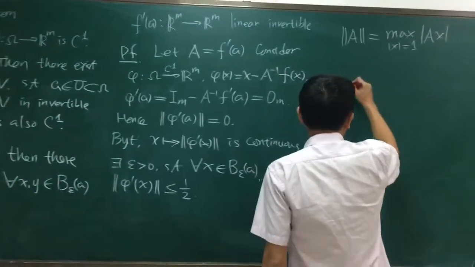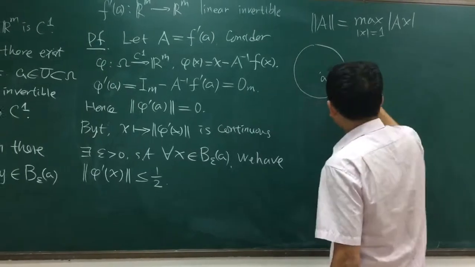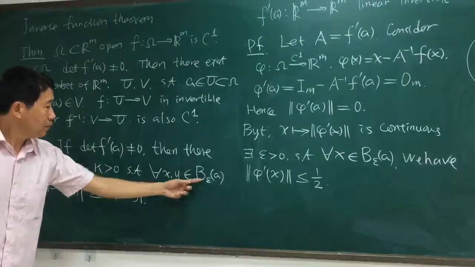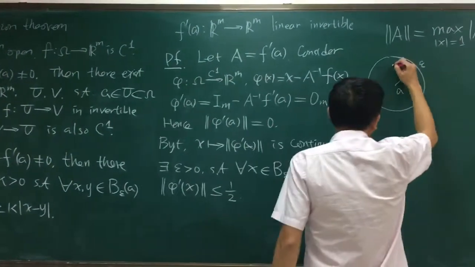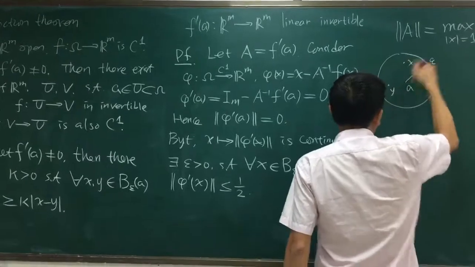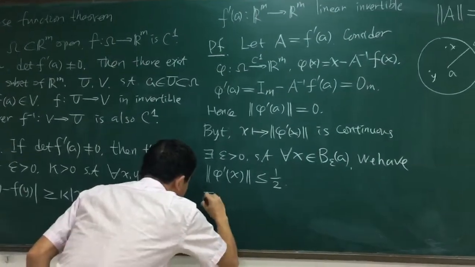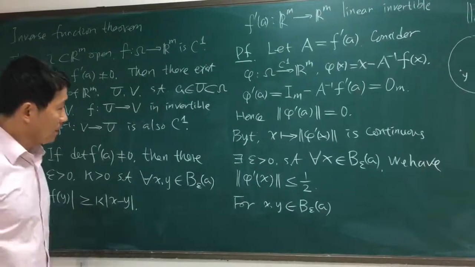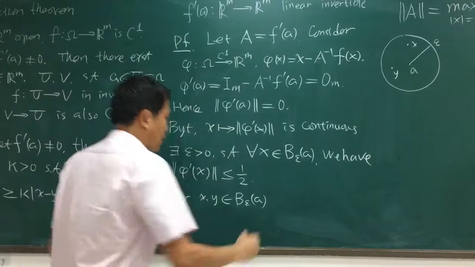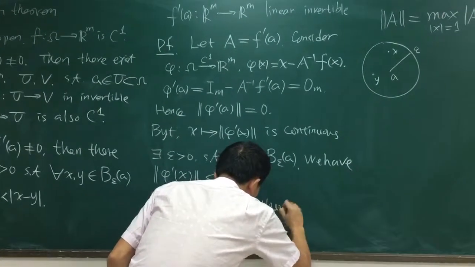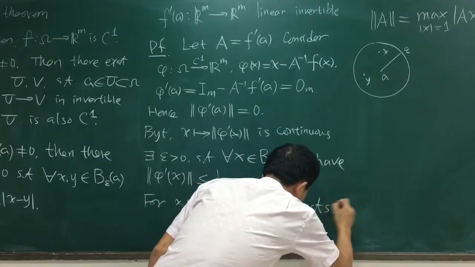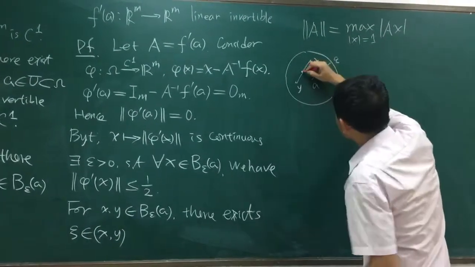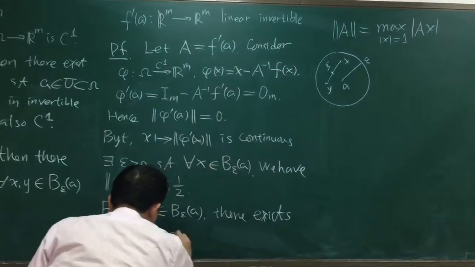Now what should we do now? We have a point A here, and we have a radius epsilon. We want to solve any 2 points in this ball. We have this inequality, so we choose any 2 points x and y here, x and y in this ball. For x, y in this ball, we can apply the mean value inequality to our map phi, and we can get some point between x and y. Between the segment x and y, there is a xi here, such that